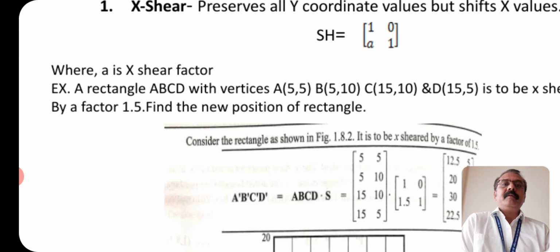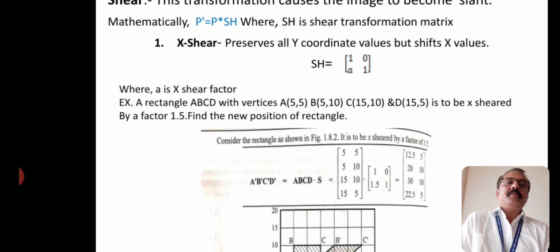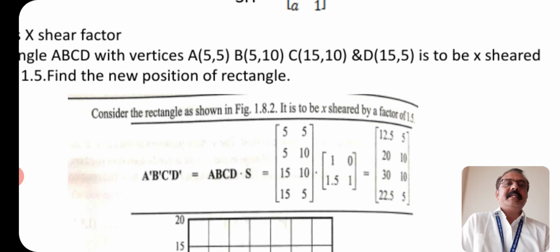Let us see a simple example. A rectangle ABCD with vertices A 5 5, B 5 10, C 15 10 and D 15 5 is to be X sheared by a factor 1.5. Find the new position. Now what is given? A rectangle is given with certain coordinates. Therefore, first prepare the initial position of rectangle ABCD. The matrix is A 5 5, B 5 10, C 15 10 and D 15 5 into